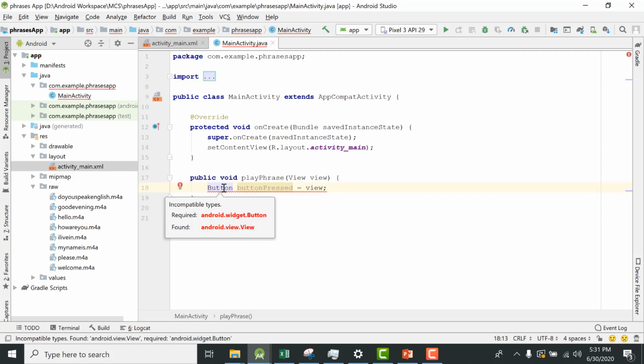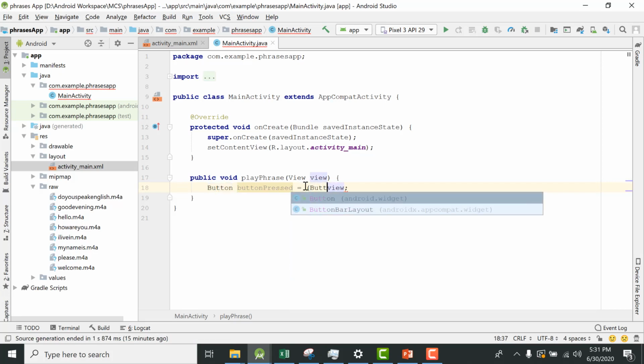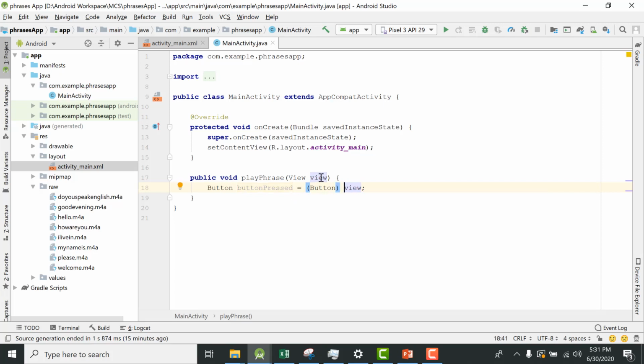Let me import this button. It says that it is not able to cast it, so I'm going to cast it to the button. When you click the button you will get a view, and that view is stored here. This view contains the properties corresponding to the button pressed, so you can now use those properties.